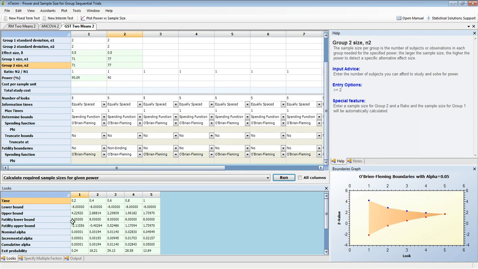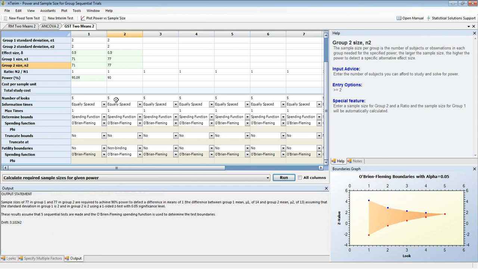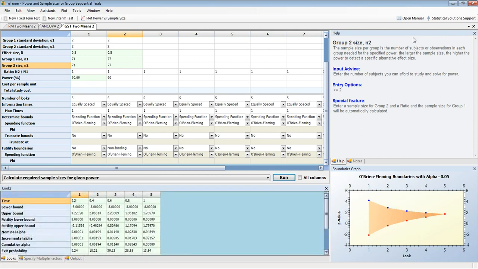Again, here we have our looks information. Again, the output statement, first of all, is generated automatically for you. But also we have our look statement, our looks for our group sequential design. Now the most striking thing here you'll notice is the boundaries graph here in the bottom right, where the futility boundary here, where the continuation region is cut off a bit as a result of this futility boundary. So when the test statistic goes beneath this boundary, what you're doing in fact is rejecting the alternative hypothesis, and you're essentially accepting the null hypothesis, and you stop the trial.